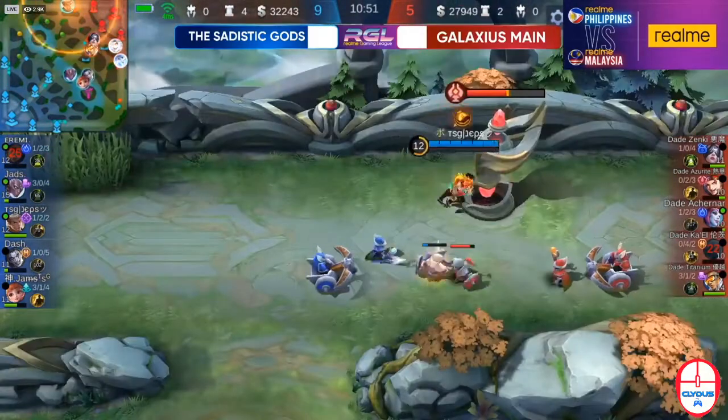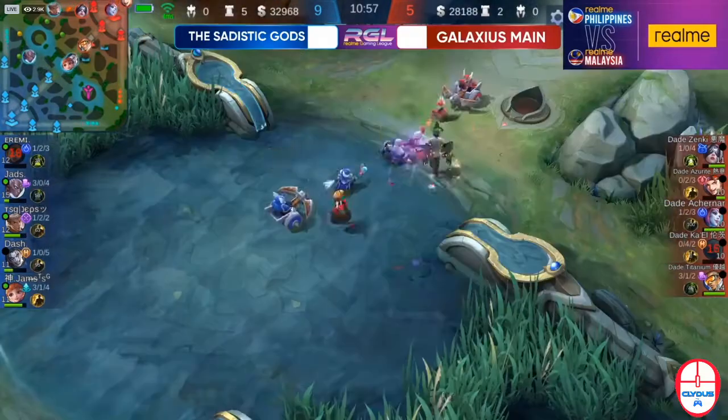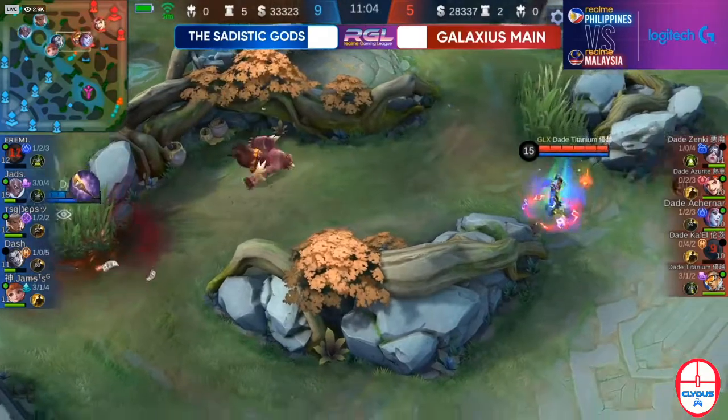You know the headline here. It would be of the Cho. Split pushing up top. Mr. Jeps, the hardest working man for the side of Team Sadistic Gods. Shinbu, that was a 4-on-5 fight. So if you are Team